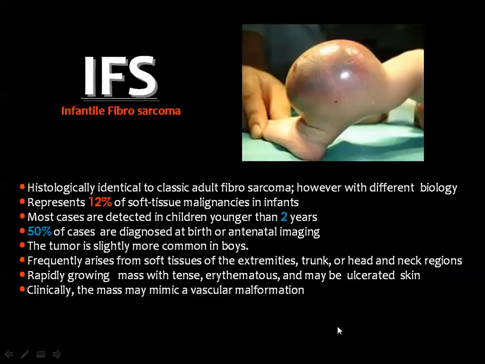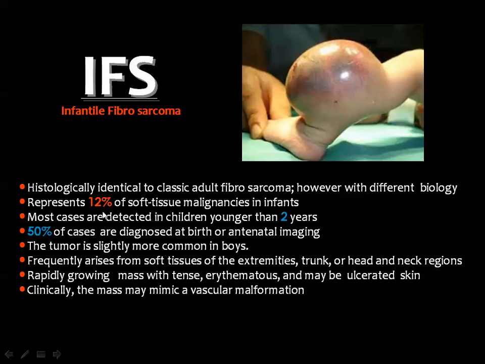Now we came to the malignant component of the previously mentioned group of the tumors, and we have the infantile fibrosarcoma and the adult type of the fibrosarcoma. Infantile fibrosarcoma is similar by histology to the adult fibrosarcoma, but the tumor biology here is quite different because this is a little bit